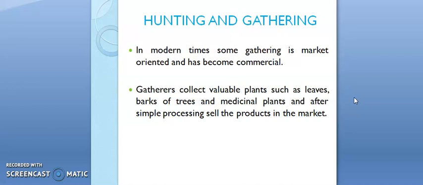For example, I can give you quinine. Quinine is used to treat the disease of malaria. So they collect the bark for this, and they even extract tannin from the plant. They make corks, as well as cosmetics, fibers, and different kinds of oils and nuts. All these things they collect from the forest only, and they sell in the market. In present days hunting is not there, because hunting is an illegal activity or it is banned also. But gathering is still there, and gathering has become very modern. So this is all about hunting and gathering. A 5 marks question used to come: discuss the characteristics of hunting and gathering in the case of the